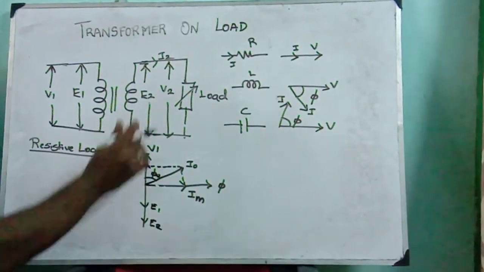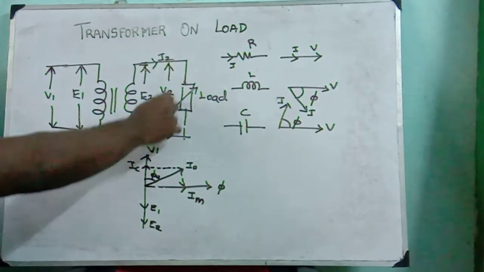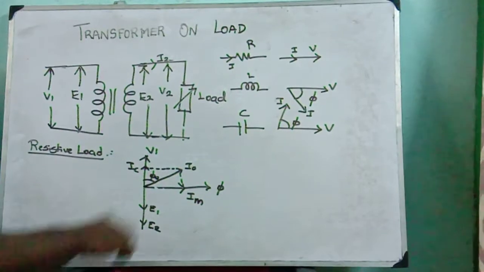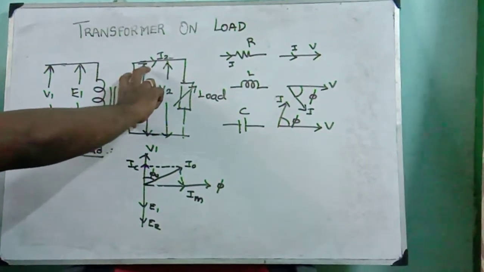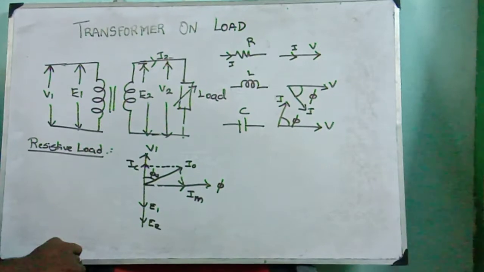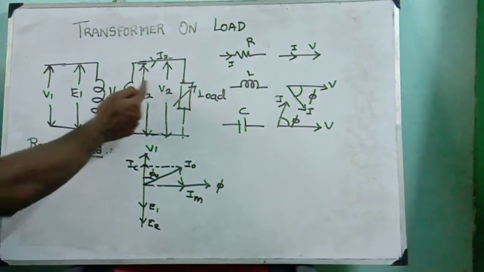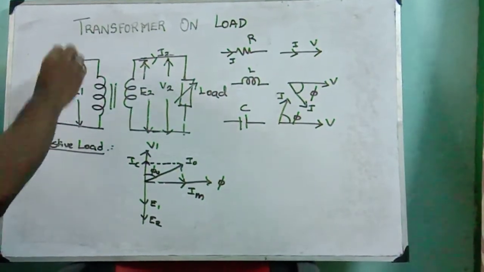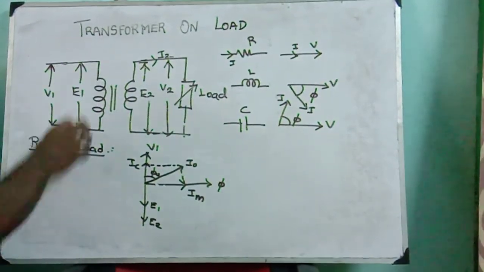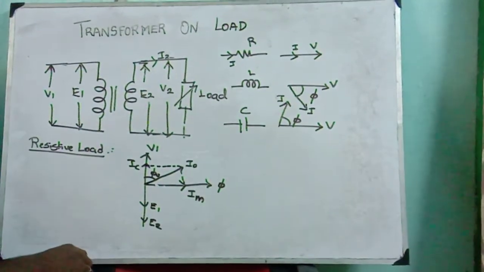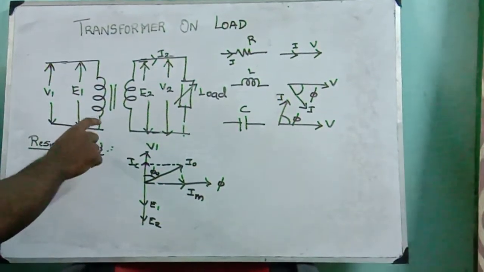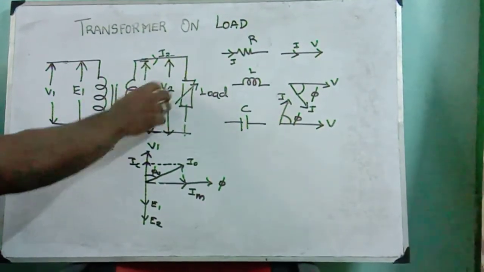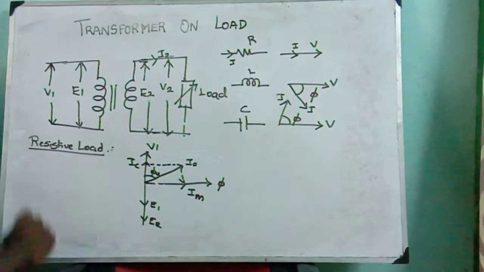Now you see, whenever you are adding a load in a transformer, the secondary current will be increasing. Once the secondary current increases, the flux in the secondary winding will be more compared with the primary winding. At that time, this flux will oppose your main flux. So the main flux in the primary winding will get reduced, in such a way that the primary winding will take more current from the supply. This condition should not happen, because they will say this N2 I2 is a demagnetizing current. Demagnetizing means once I2 increases, the main flux value is reduced.